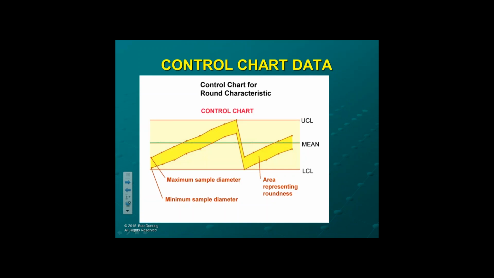Now, if we take a look at a control chart using that characteristic, you can see that we're measuring the largest diameter and the smallest diameter, and we're watching that variation as the tool wears. We're capturing roundness in between there. So all diameters are now within control. We don't have any diameters that we're not looking at because we didn't measure them as we had previously. The area between there represents the roundness. What happens is when you get to the upper control limit with the maximum diameter, you adjust it so that it's down to the lower control limit with the minimum diameter and continue on.